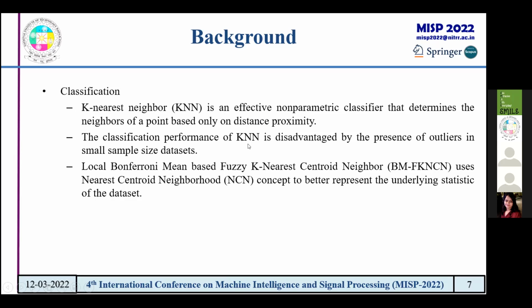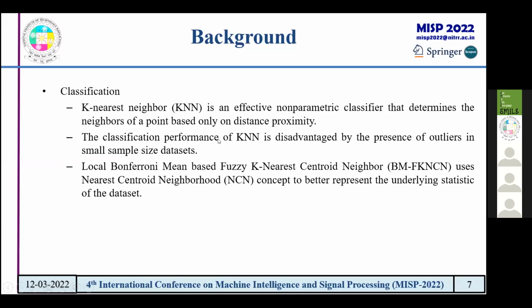The classification performance of KNN is disadvantageous because of the presence of outliers. Each data input that we take may not correspond correctly to the class the unclassified sample should go to. Some parameters may have values corresponding to the other class. Because of those outliers, the KNN algorithm can be misjudged, and the classification may vary.